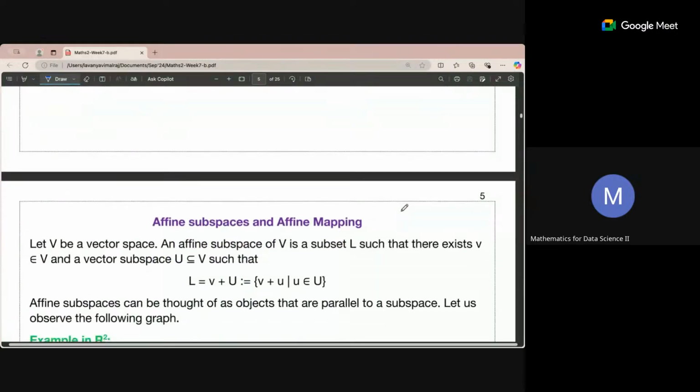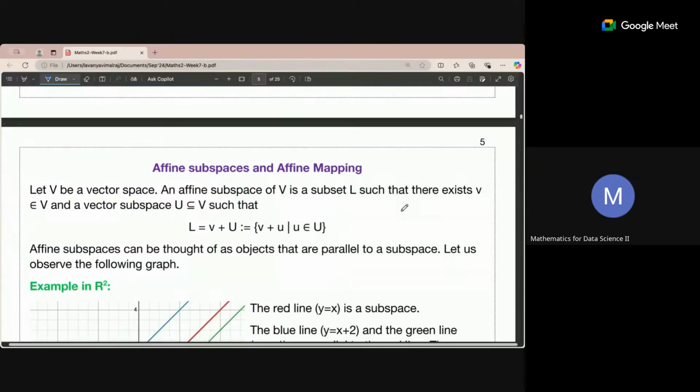Okay. So the next topic is affine subspaces and affine mapping. So what are affine subspaces? We have seen that. Given a vector space V, an affine space of V is a subset L. Remember, it is just a subset,